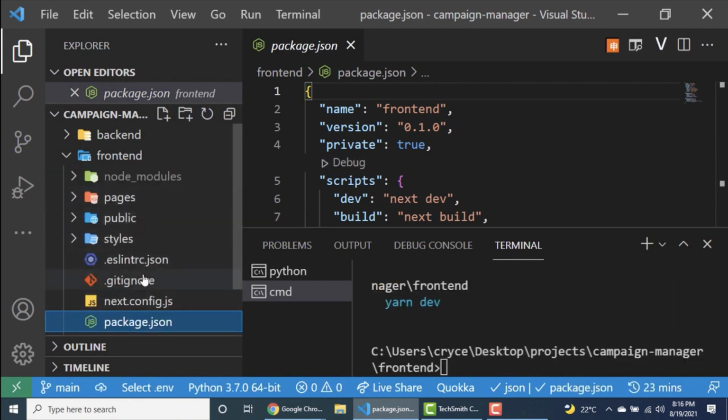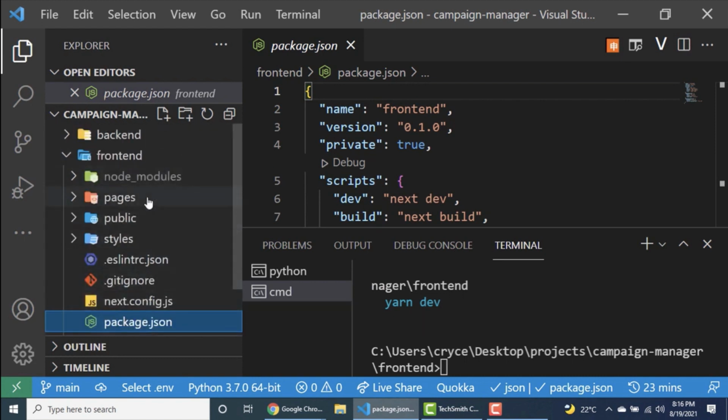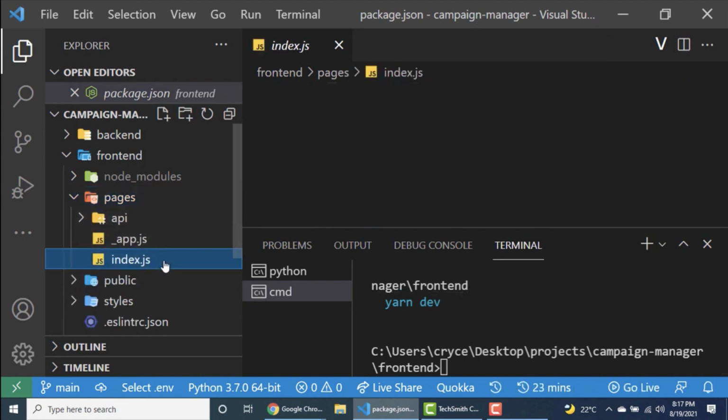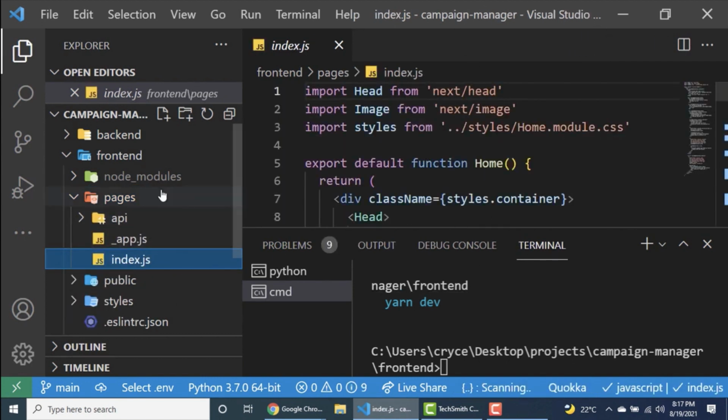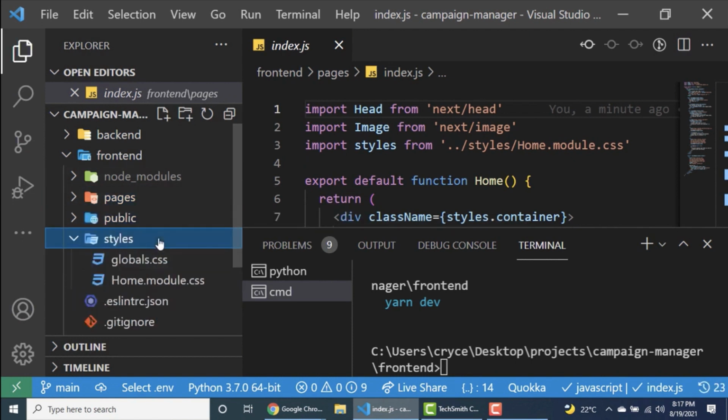It created the Next.js boilerplate inside front end. So we have the pages folder. Inside the pages folder, this is where our pages would go. You can think of a page in Next.js as a representation of each web page. By default, we have the index.js, and this is the home page. If we had an about page, we would add about.js here. If we added a contact us page, we would have contact us.js here,